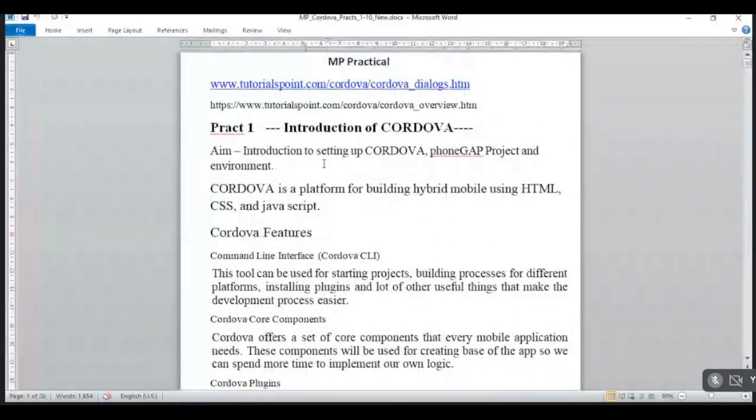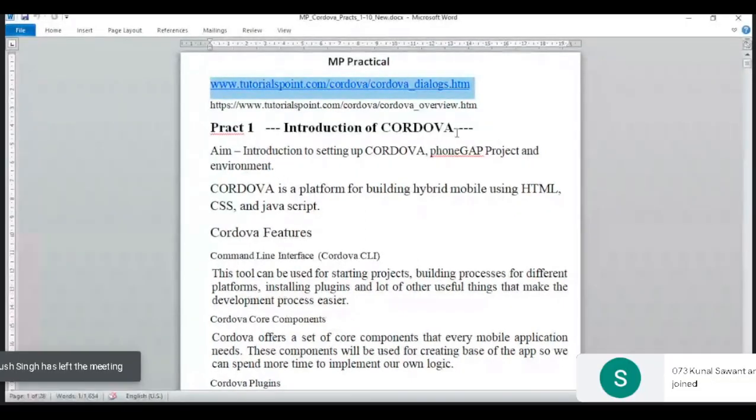One thing I have given here is the site for these Cordova practicals. All of you note down this site, which I have highlighted here.